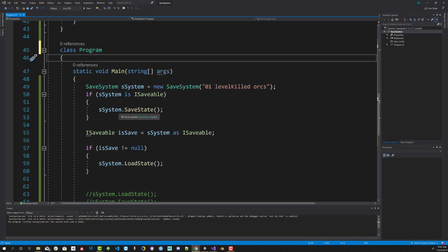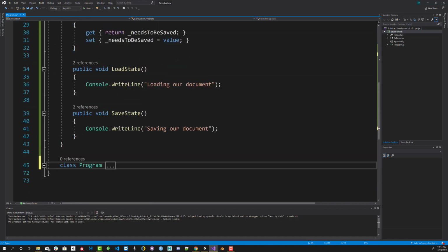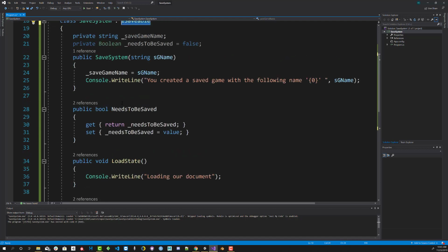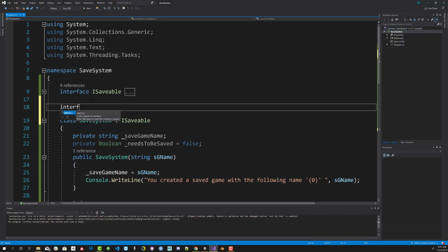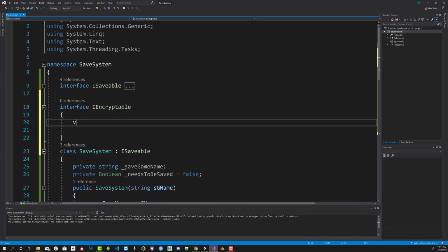We can also have one class, let's go ahead and shrink this one, derive or get elements from multiple interfaces. So for example, here we're saving our game data, right? Well, say we want that data to be encrypted. Well, I don't necessarily want to put all of the encryption data, like if it's encrypted or not encrypted, in one interface. So I can go ahead here and type interface IEncryptable, open close curly braces, and I can just create those two methods that I think I would like to use